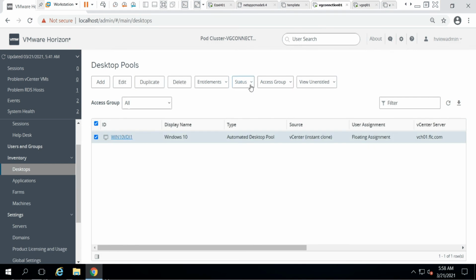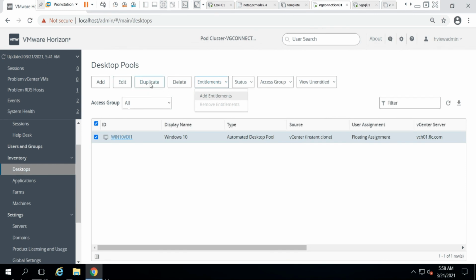If you select this and see the status enabled, if you want to disable it, you can just click on disable provisioning. So this is what we have discussed. Access group is not required for now. Entitlements, if you go here and want to add more, you can add, and you can also remove from the list.